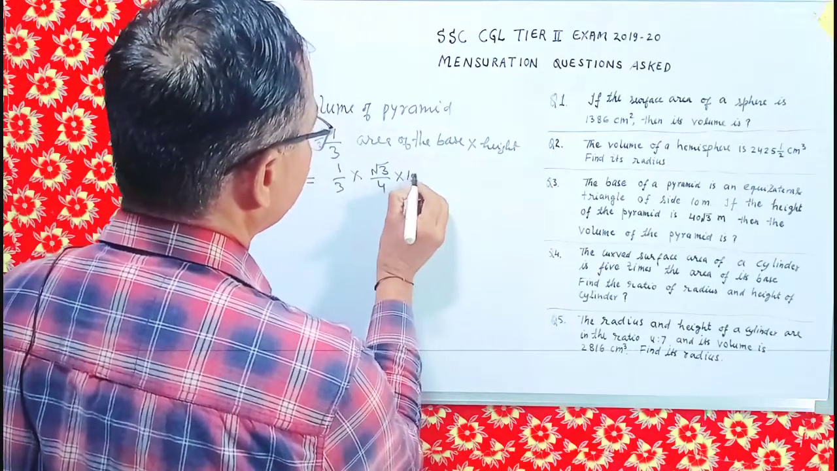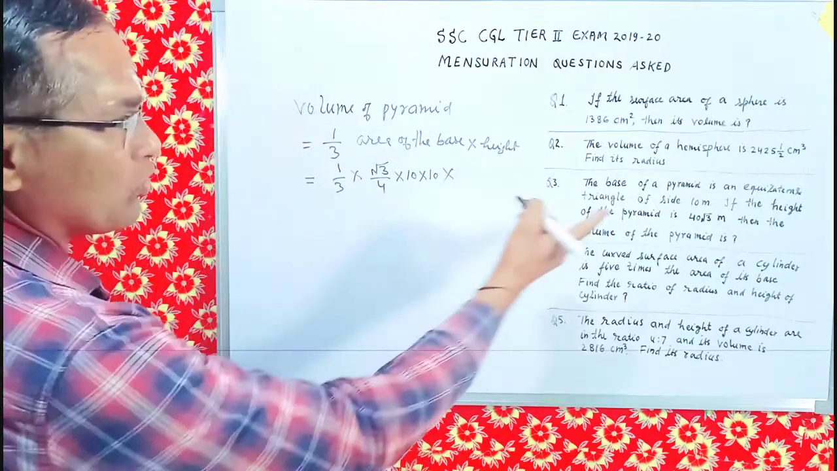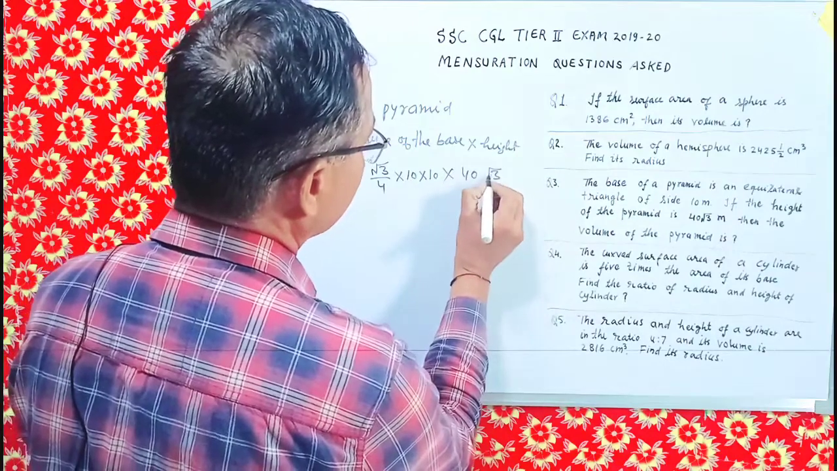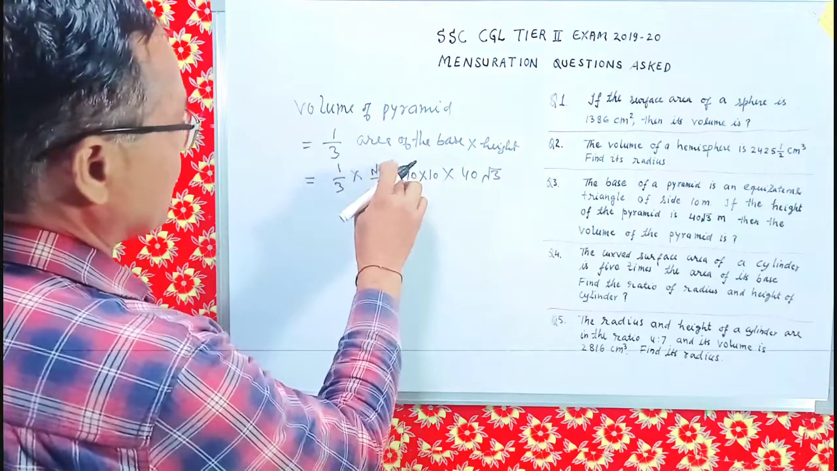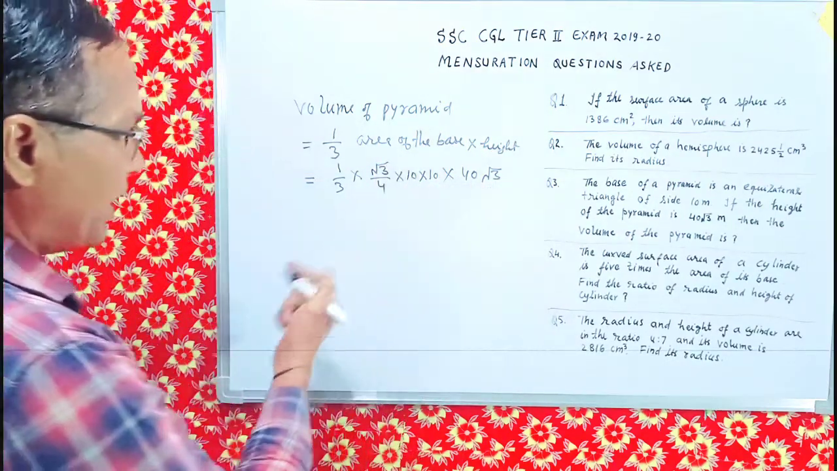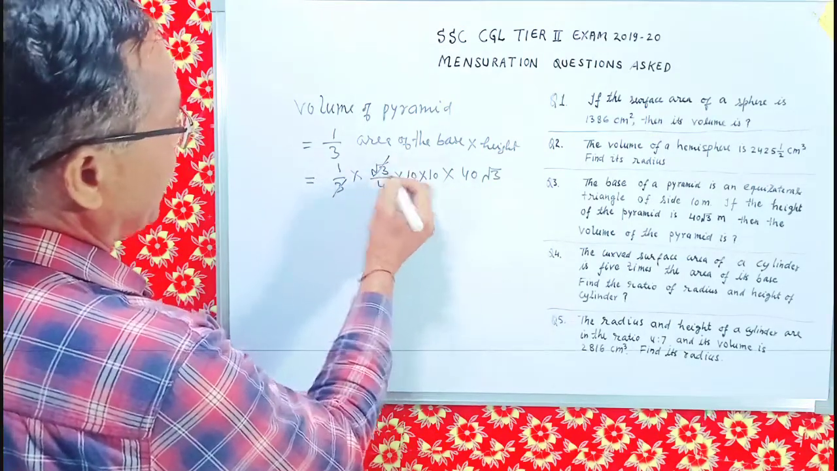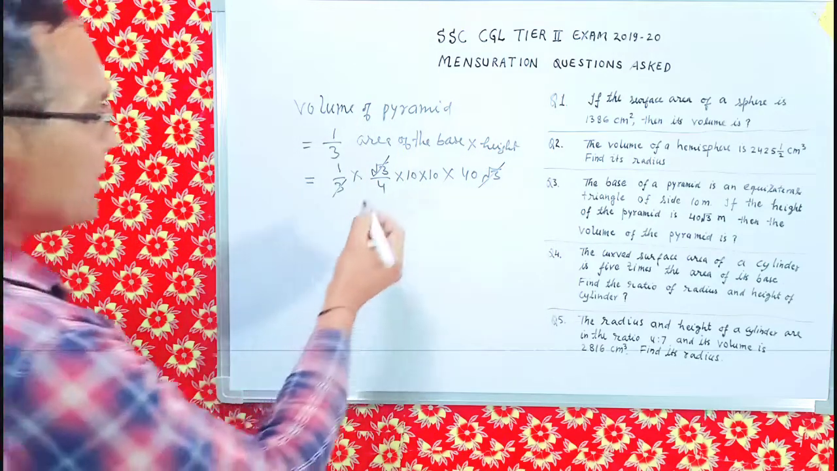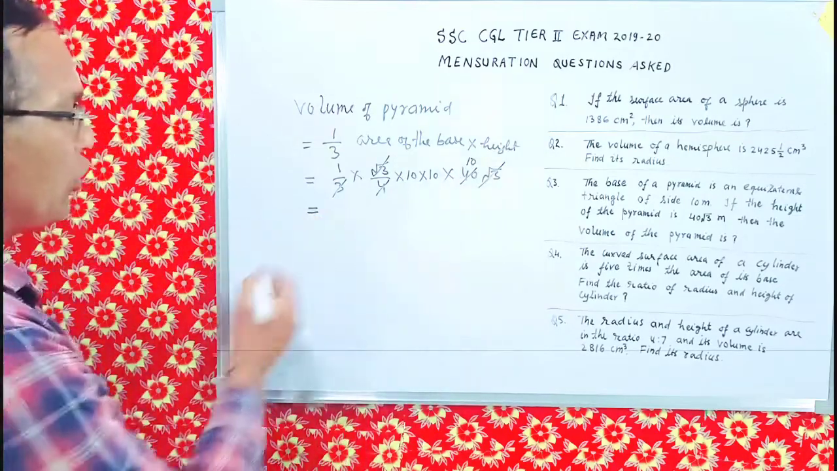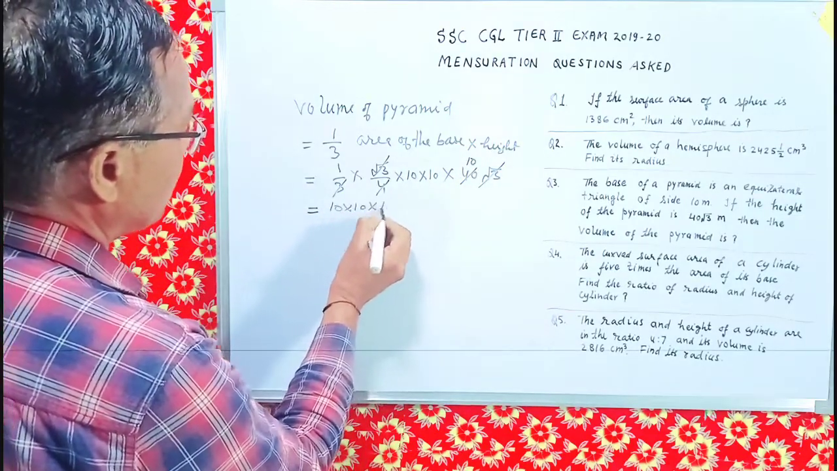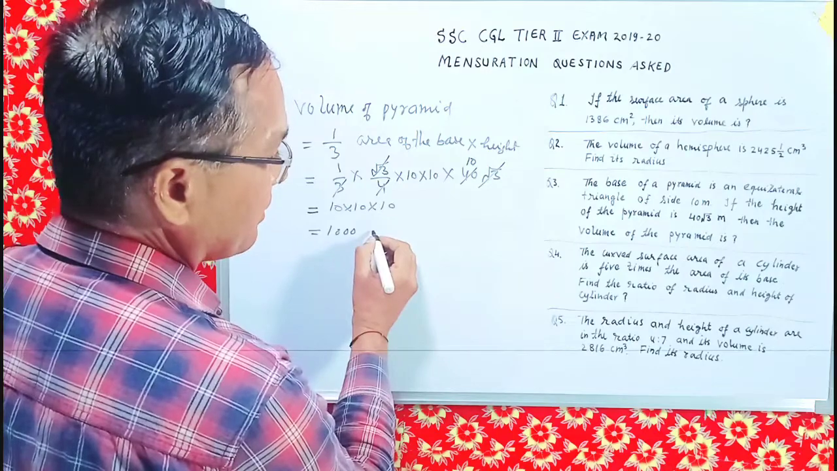So side is already given, 10 meter into 10 meter into height is also given, 40 root 3 meter. Now we can see if we multiply this root 3 by root 3, it will become 3, and 3 is also available in the bottom. So we will cut it directly like this. And this 4 will cut this 40 10 times. So we are having the values 10 into 10 into 10 equal to 1000 cubic